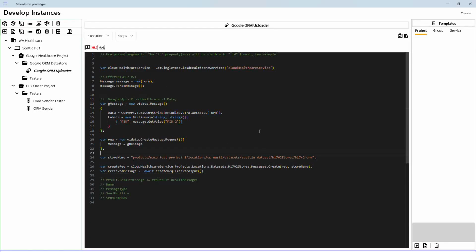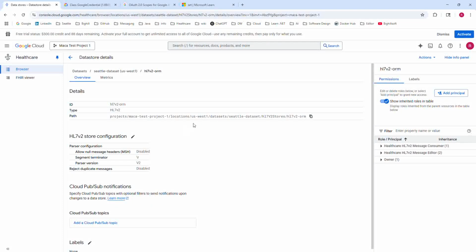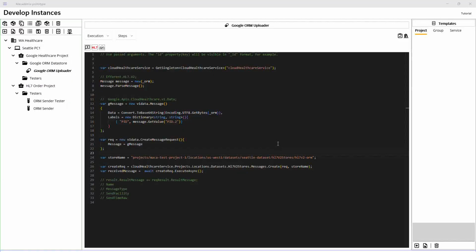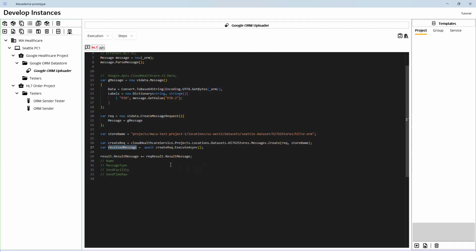But unfortunately, there's no way for now from the Google Cloud Console. So we may have to find another way to check whether this HL7 message is uploaded to the HL7 V2 store correctly. To make sure of that, you may put extra code inside this steps code. So we can use this one, receive messages,